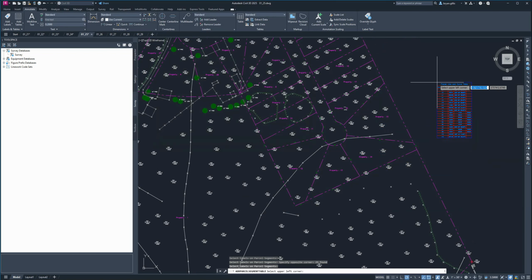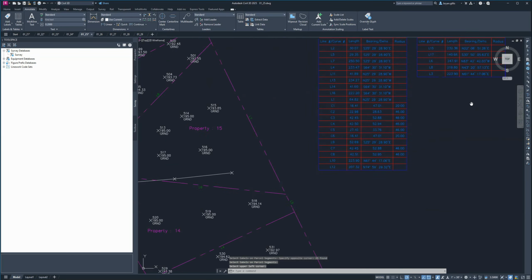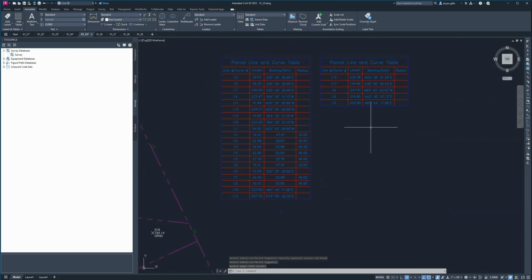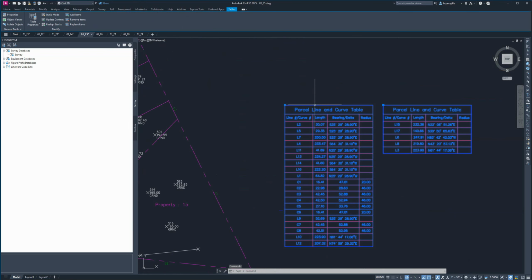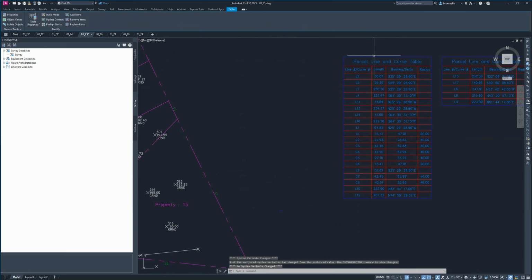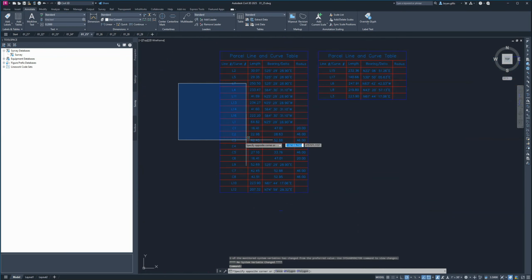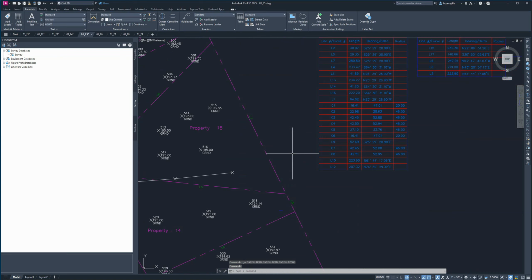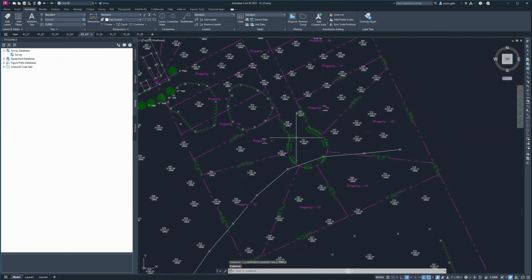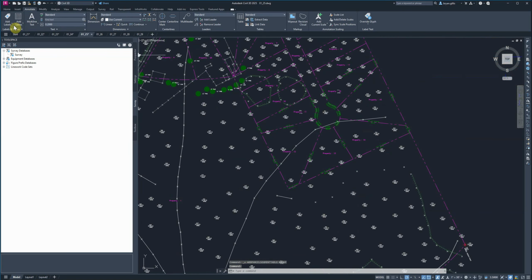And we need to just pick anywhere open to drop our table. And we see here we've created our parcel line and curve table. If we had picked a little bit further away, it wouldn't have done it in 2 rows. So I'm going to go ahead and actually go back and undo all that and do it one more time so that we can have it as one